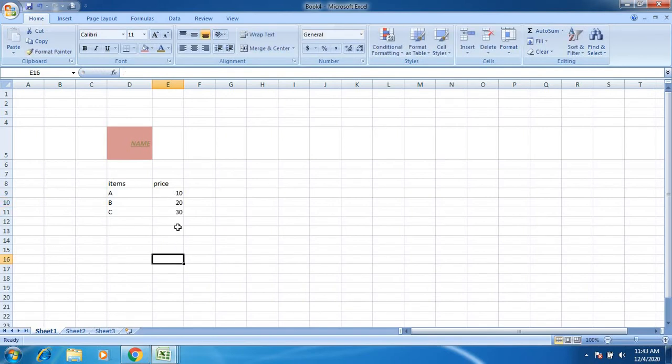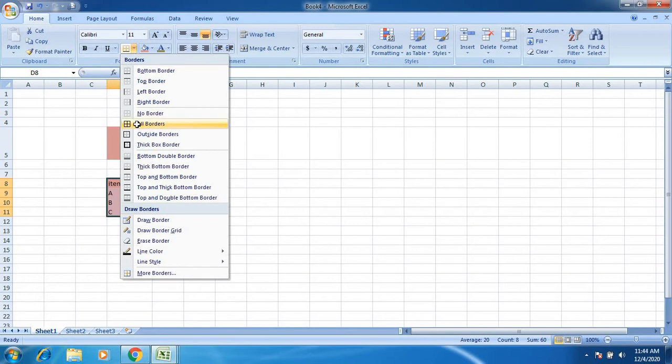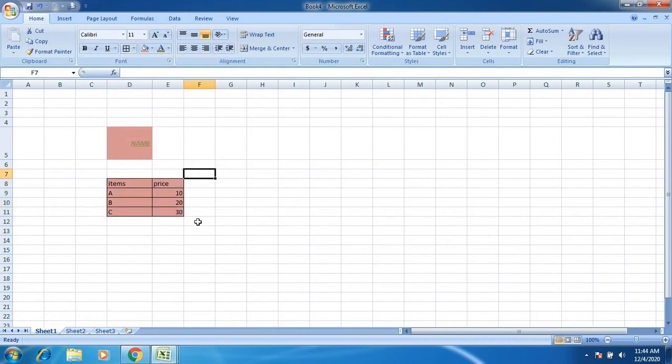If I want to add some border, I just select this, click on here and choose all borders. This particular table is now enclosed in borders.